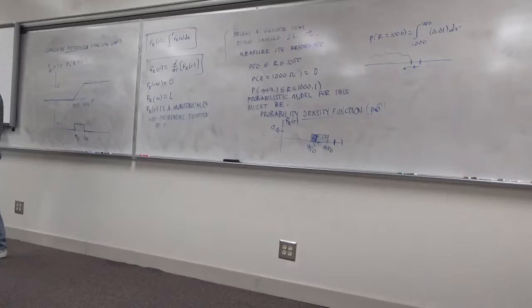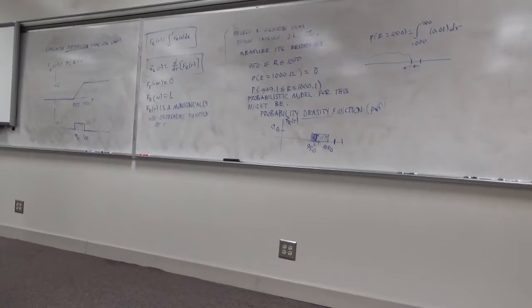Okay, why did I not say monotonically increasing? What's the difference between the two? Monotonically increasing is always going up. Monotonically non-decreasing means that what? It could increase, but it could be flat also. Right. Okay, so,